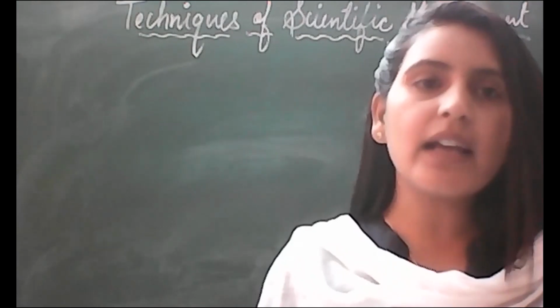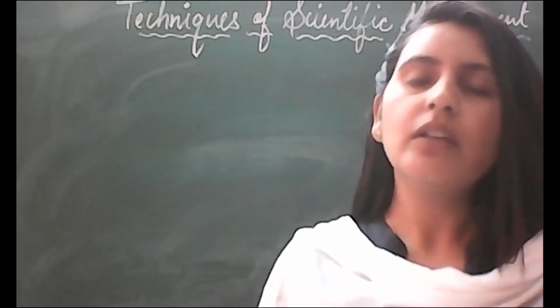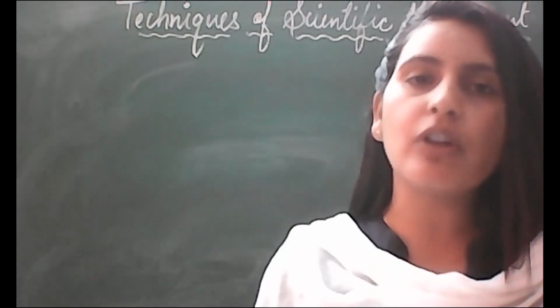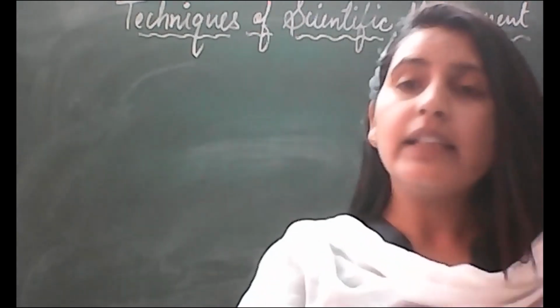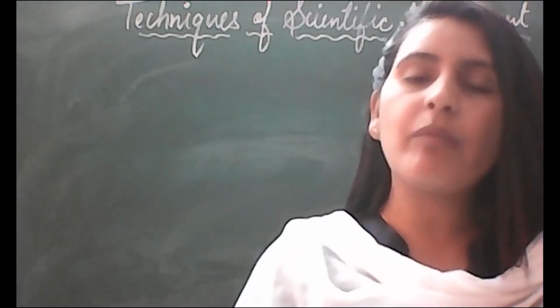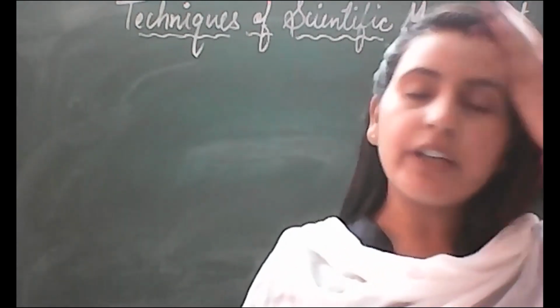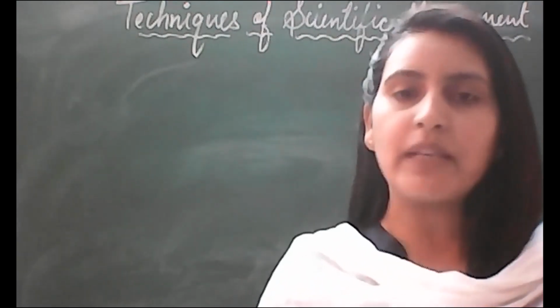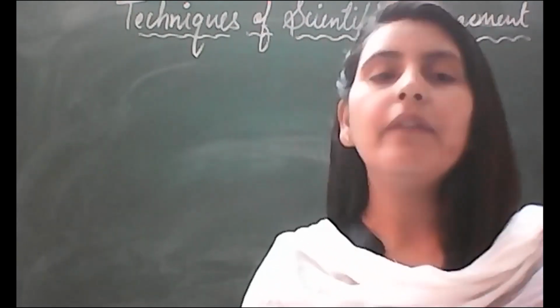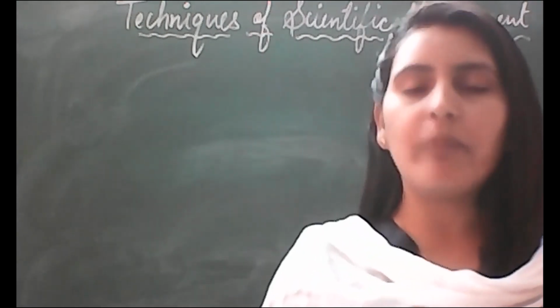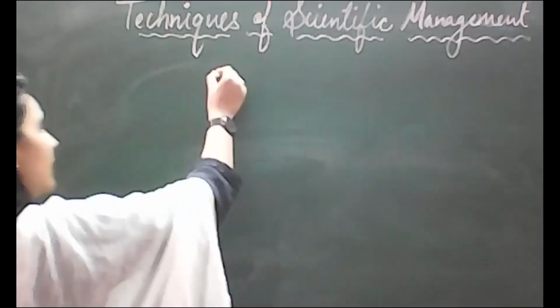Basically, these techniques are for the production process, for the factory, where the production is going on, where the machinery is working. These are the principles and techniques for lower level of management. Right? I have already told you. Henry Fayol has given the techniques, the principles for top level, whereas F.W. Taylor has given for the lower level of management. So I am going to write here what are various techniques.